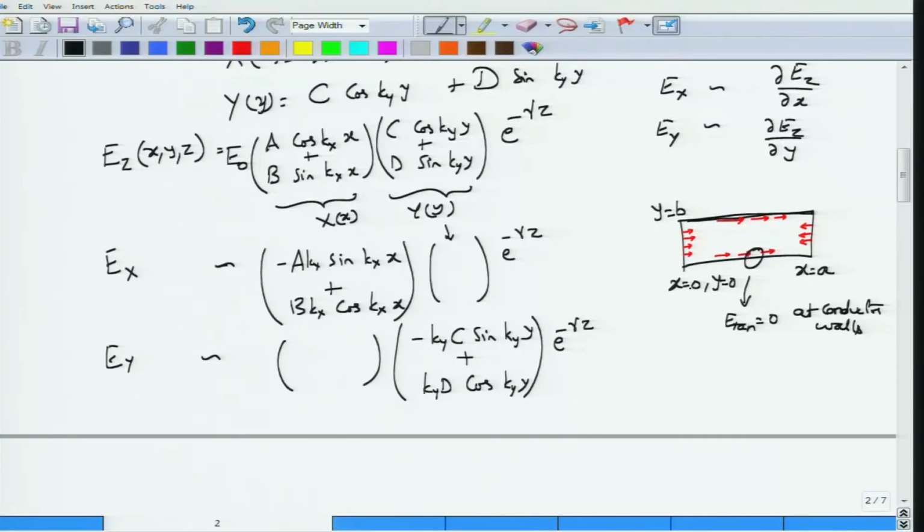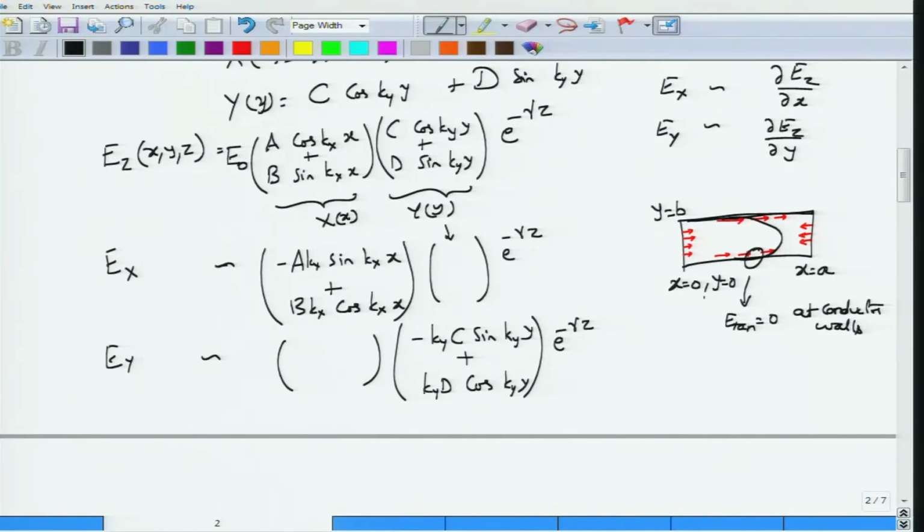So if you have something at x equal to 0 that needs to go to 0, and at y equal to 0 and y equal to b, what kind of a function would go to 0? The answer is a sinusoidal function, right? A sine function will go to 0 at y equal to 0 as well as at y equal to b. If you don't want to follow this line of thought, all you have to do is